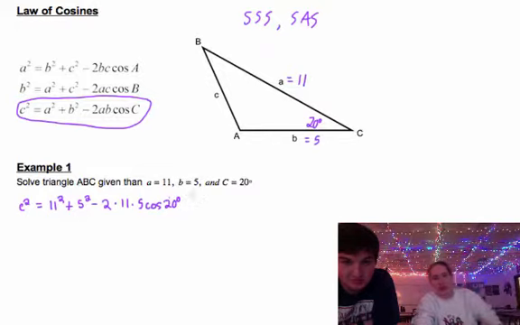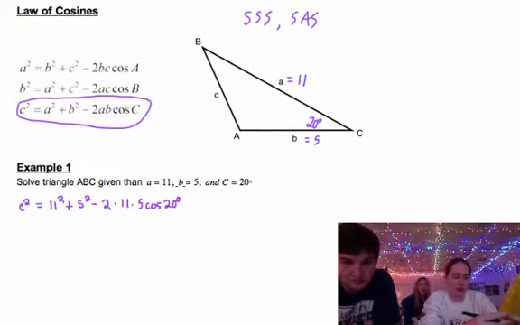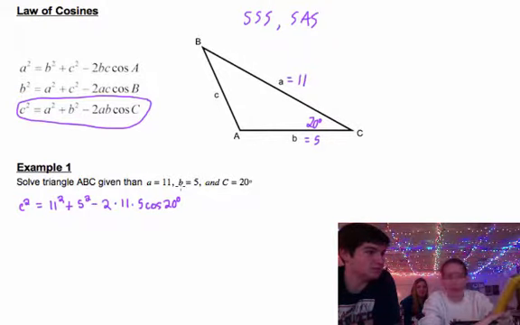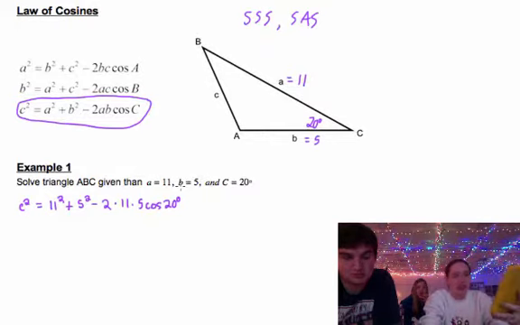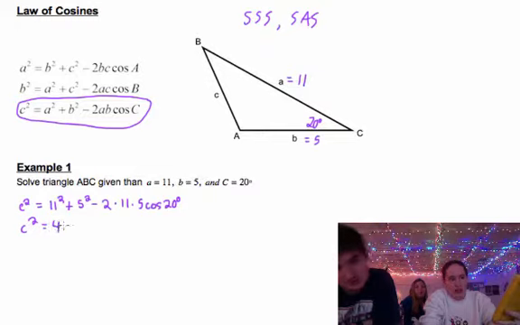Well, everything on this side is filled in, so we just type that into a calculator. You got to be kind of careful; your calculator needs to be told to do the right thing. 11 squared plus 5 squared minus 2 times 11 times 5 cosine 20 degrees. Again, it is in degree mode. You have to go to mode and check. And what we get then, because I didn't square root it yet, is that C squared is 42.634, and then there's a lot more decimals. So second, square root, second answer gives us